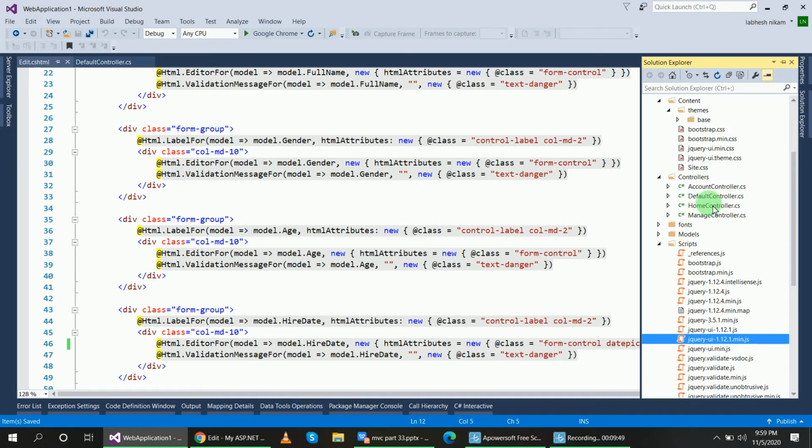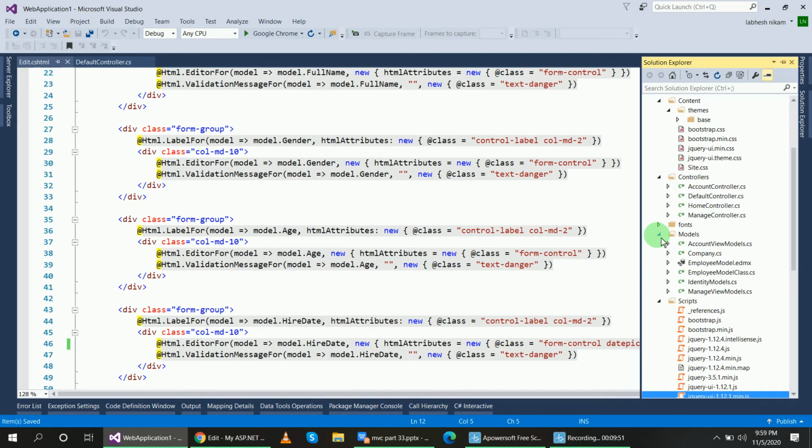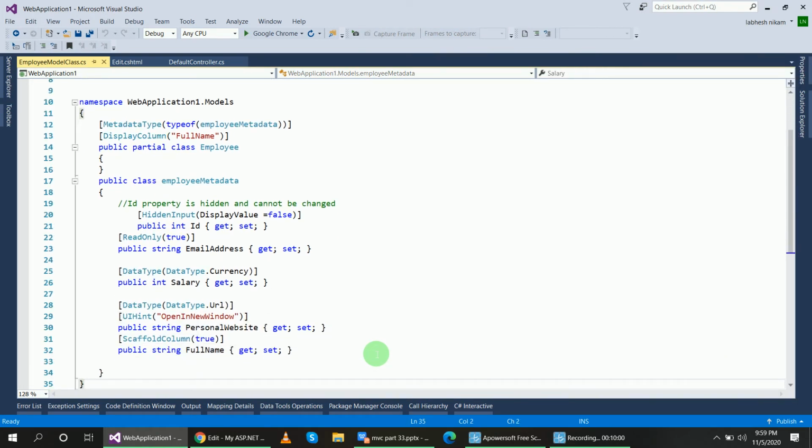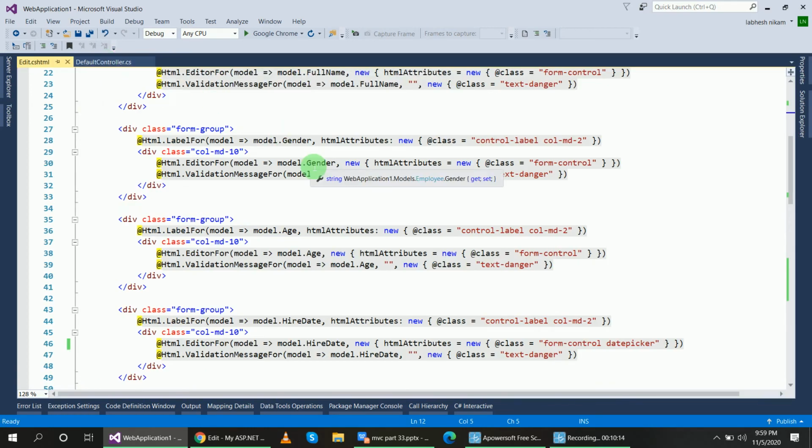You can see here this is the model file, and here is the Employee model class. No hire date attribute is used. So without any attribute on the model, I can display the jQuery calendar. So run this program and let's check it.